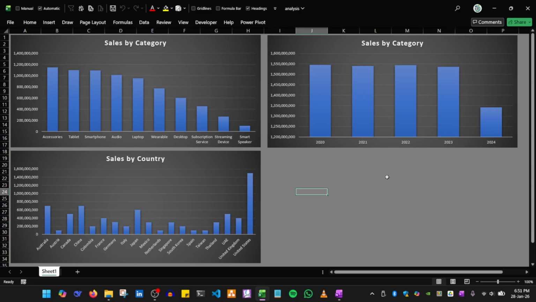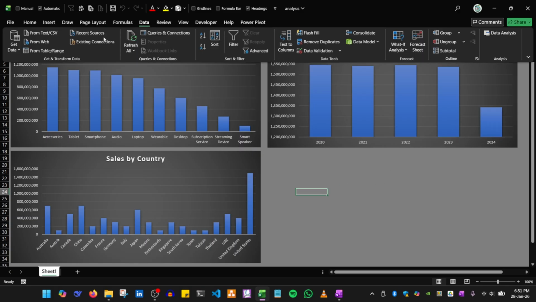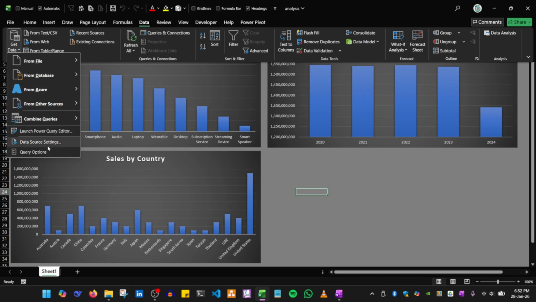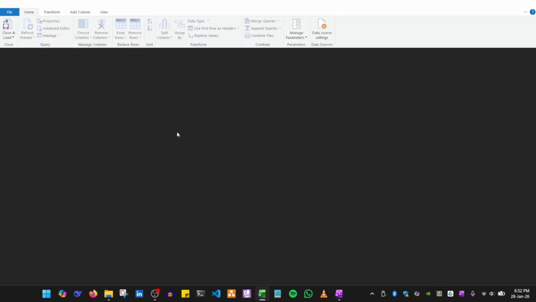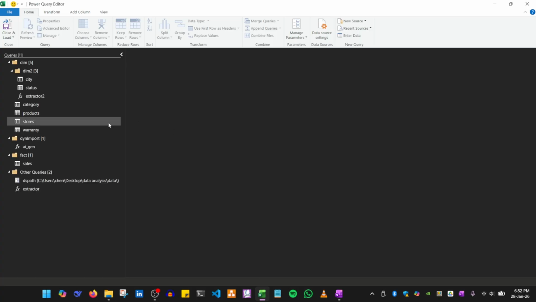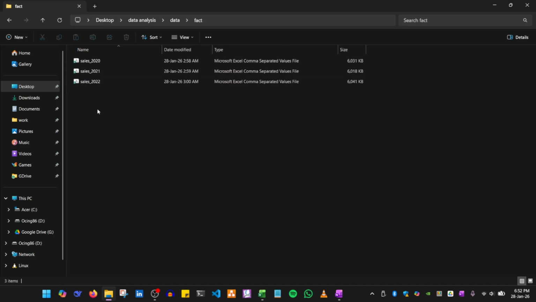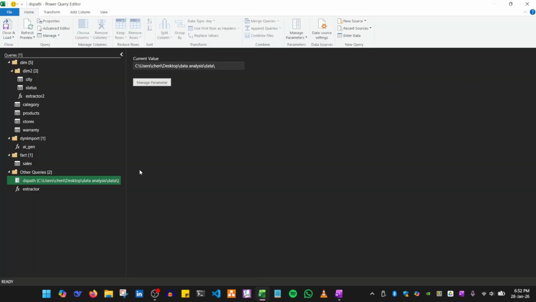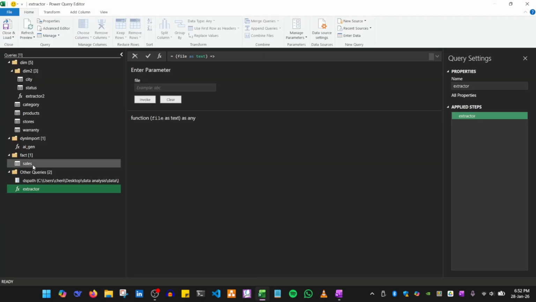Hmm, this is interesting. So let me try to take a look again at my Power Query. What do I do wrong here? Yeah, I only have like 3 years data here in my fake folder, but somehow,